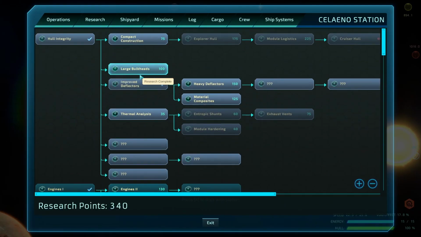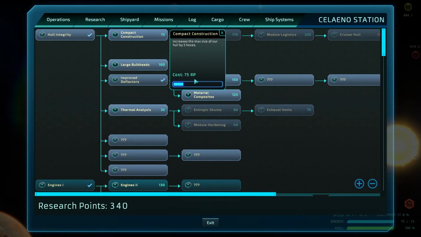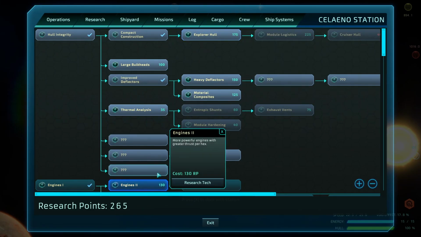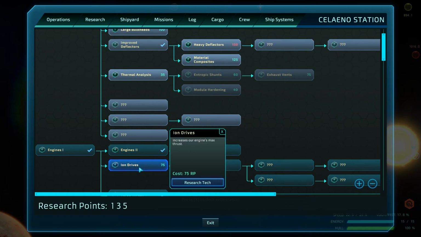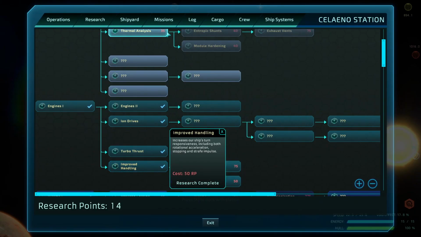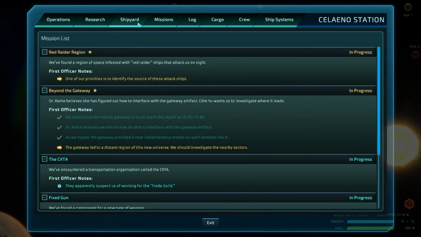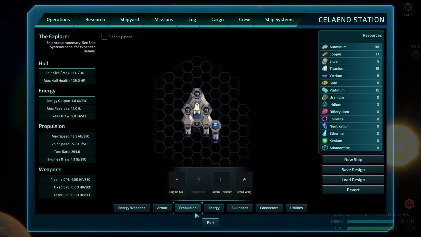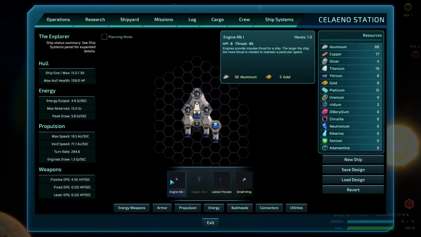Okay. Compact construction. And explorer class ships. Do we want to do that? Actually, let's go first this way. Engines. Increase our speed and our handling during speed. Should investigate nearby trade guild. Okay. So that's all that does. Propulsion. We can't build the Mark II yet, but let's...